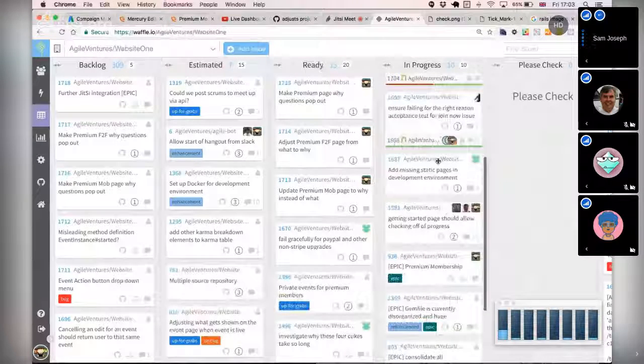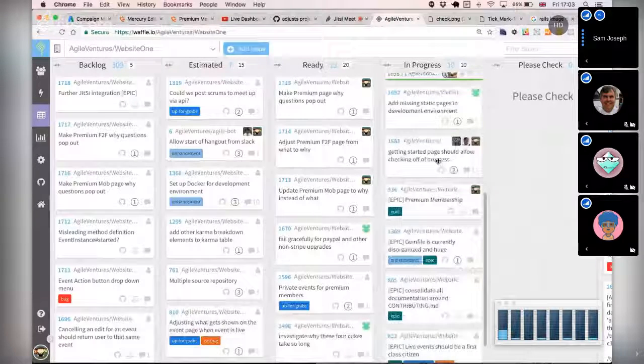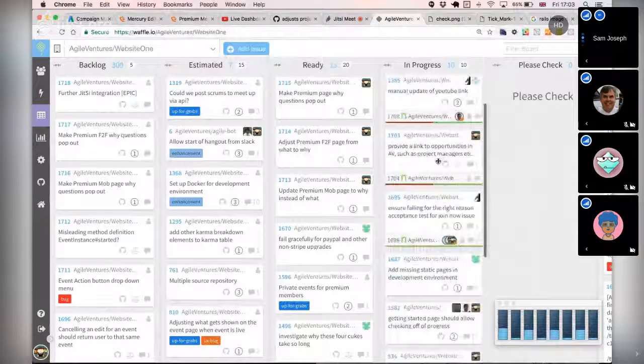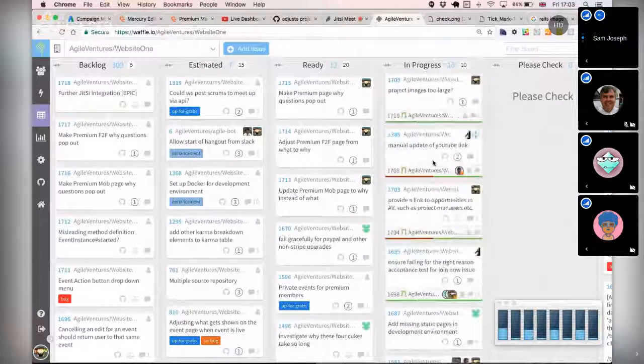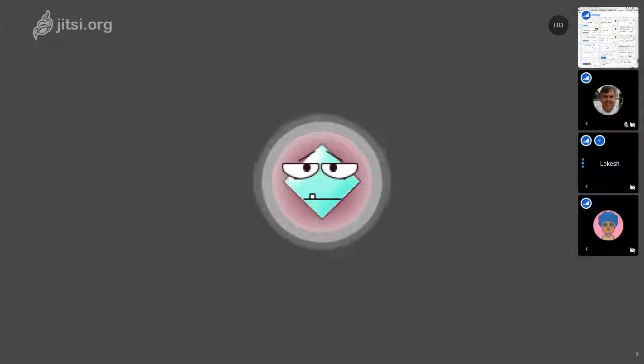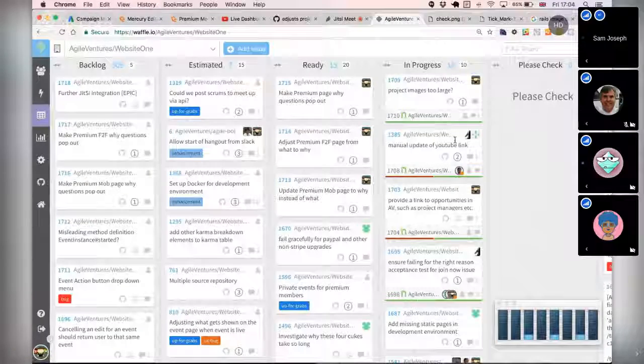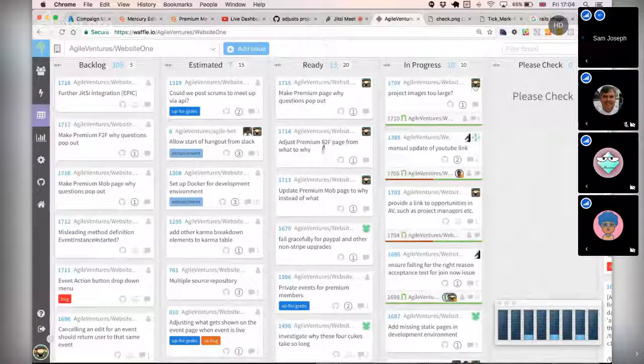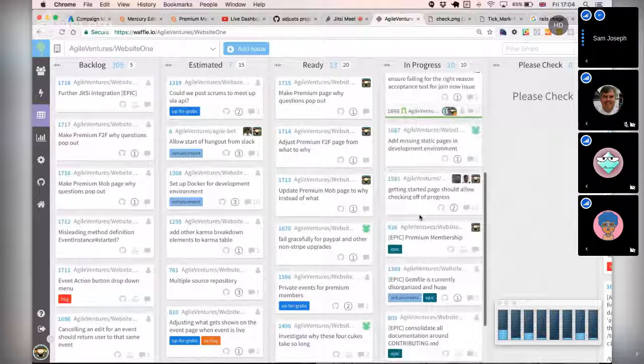But Lokesh, you're okay carrying on, you're just waiting for reviews on pull requests. Nothing that you're blocked on that you need to discuss. No, I'm carrying on. Okay, great. I'm going to keep on trying, every morning, to review a different part of the site and just clean it up and make it more navigable.